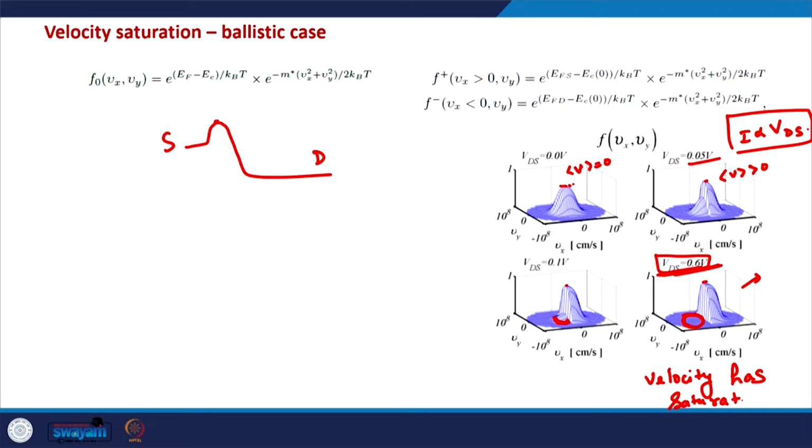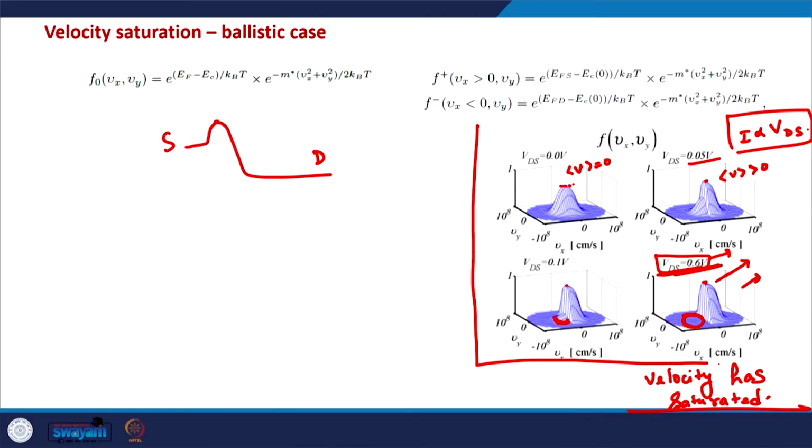even if we apply more voltage above this VDS, above 0.6 volts, even in that case this velocity will not increase further, because the net velocity is the difference in velocities of the positive directed electrons and the negatively directed electrons. So after 0.6 volts of drain voltage, the velocity increase will be 0, because there are no more negative velocity electrons, and this velocity has saturated, and this actually accounts for the velocity saturation in the ballistic MOSFETs, which is